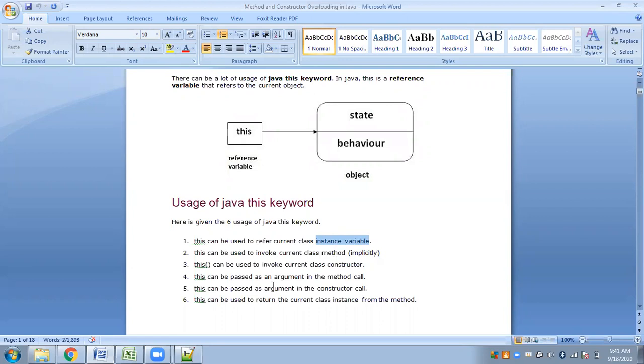It can be used as an argument in the method call, as an argument in the constructor call, and to return the current class instance from the method. So we have 6 different usages. For the time being, we will be discussing only the first 3 with examples. So we proceed.